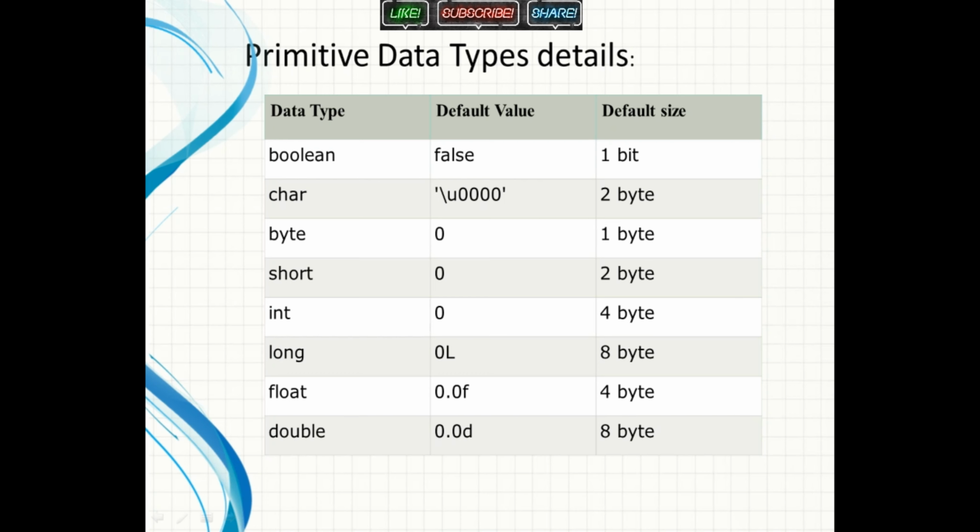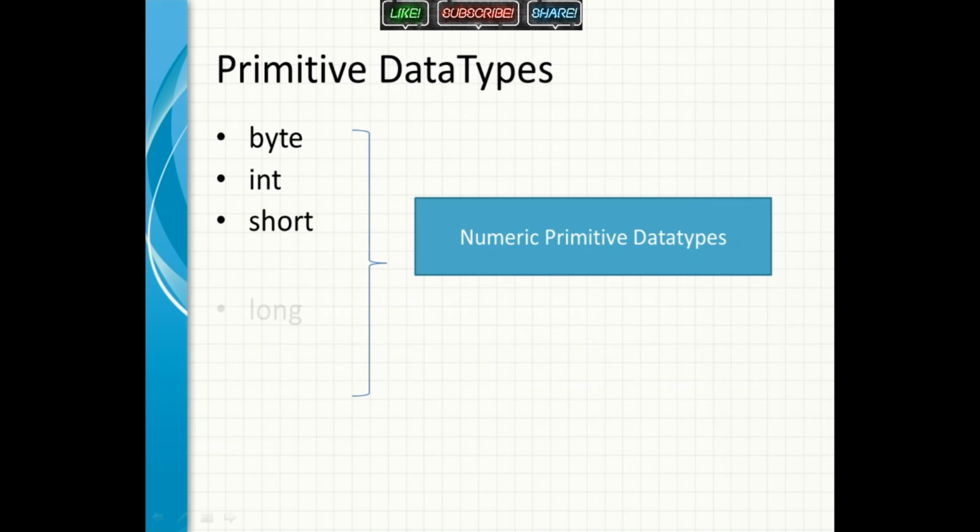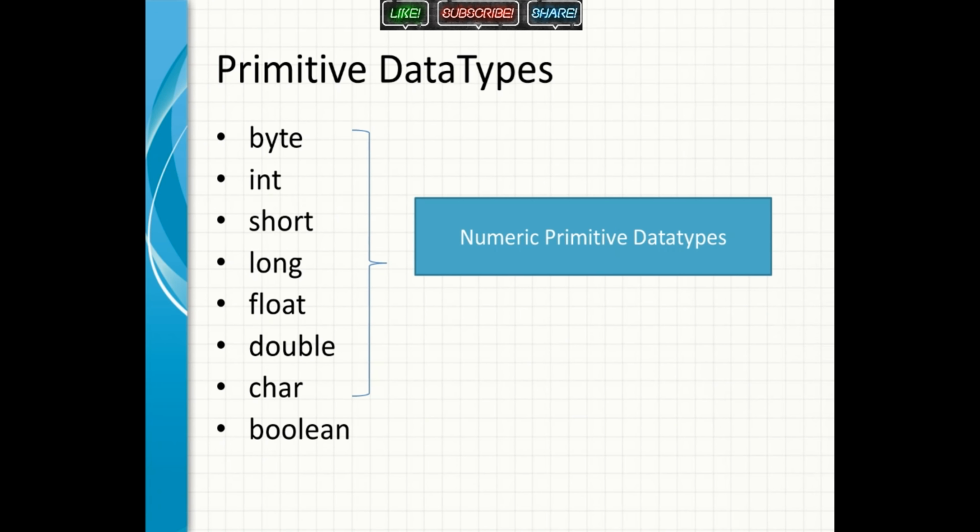Long will have 0L, because we have already seen in the literals that we have to assign it with L, whether capital or small, and the same with float also. Float and double are for decimals. Long takes 8 bytes, so if we want to assign a very big value, then we should go for long. It is the same with double also: when you want to assign a decimal and a very big number, then you can take double as the data type. So these are the data types, and out of these, up to char these are numeric primitives, and boolean is a